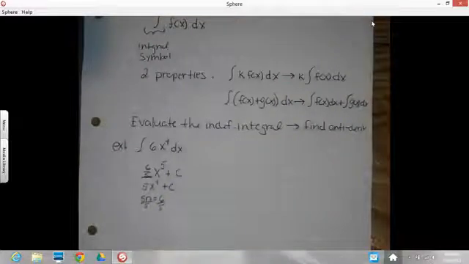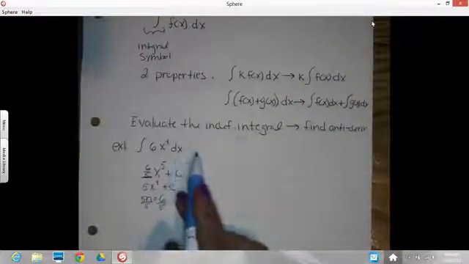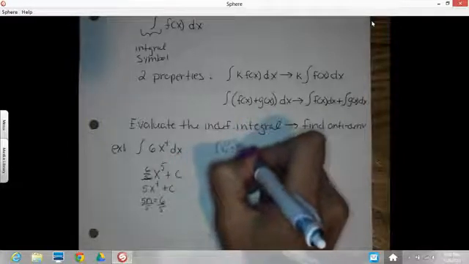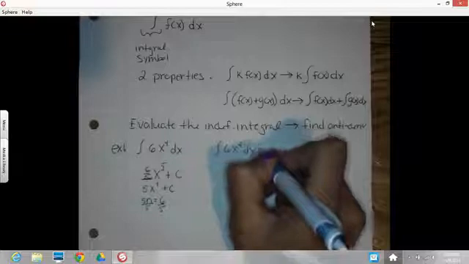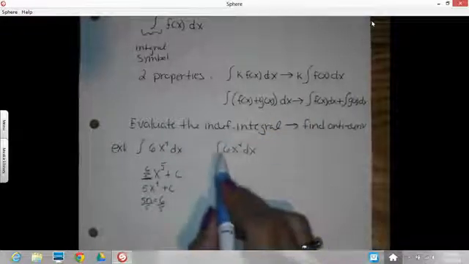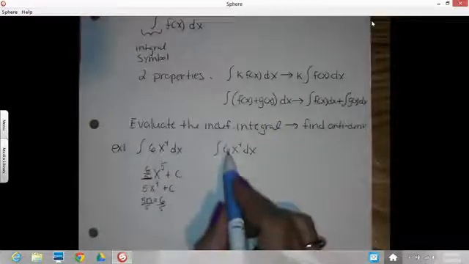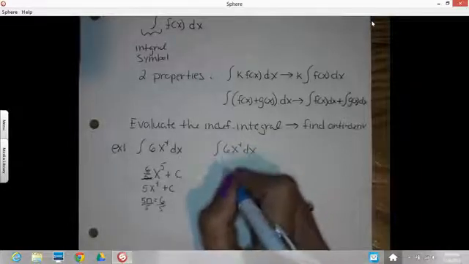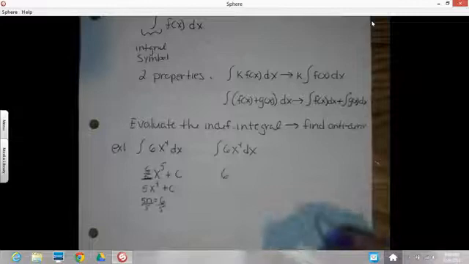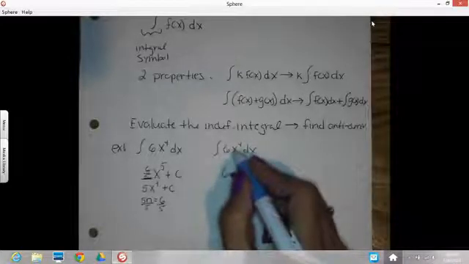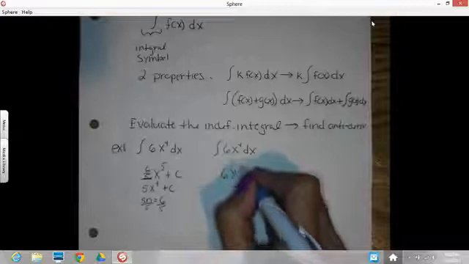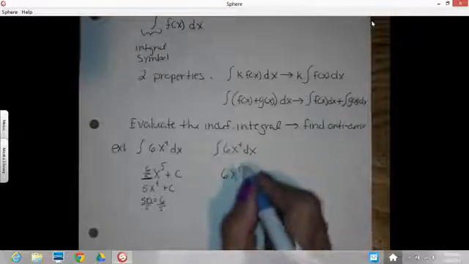So let me apply that rule to this one again. So the integral of 6x to the fourth dx. Okay, remember the 6 is a multiplier. That's just going to carry along. So when I do my antiderivative here, or my integral, the 6 is going to carry along. I don't have an inside to worry about, so all I have to do is add 1 to the exponent, and then multiply by the reciprocal of this exponent,